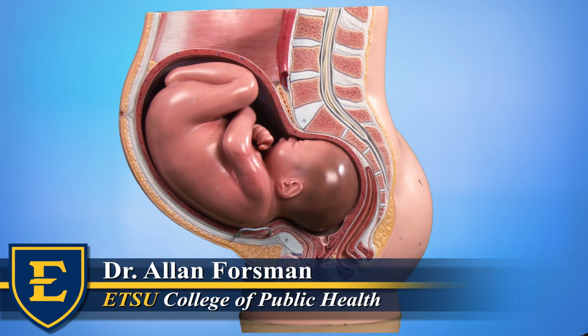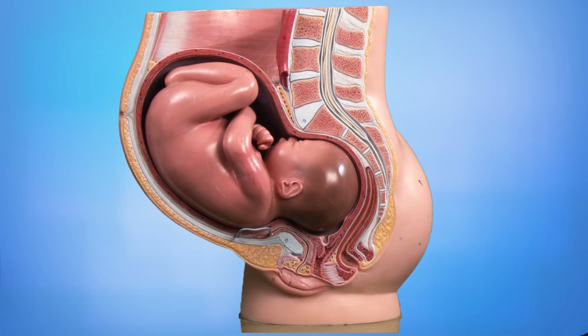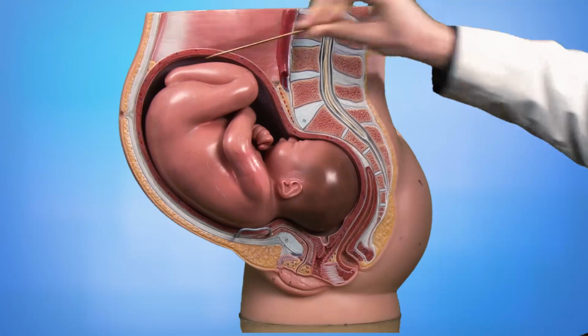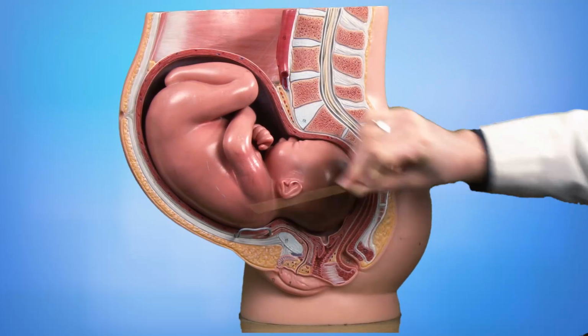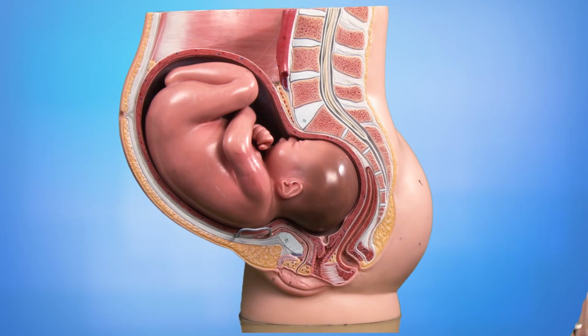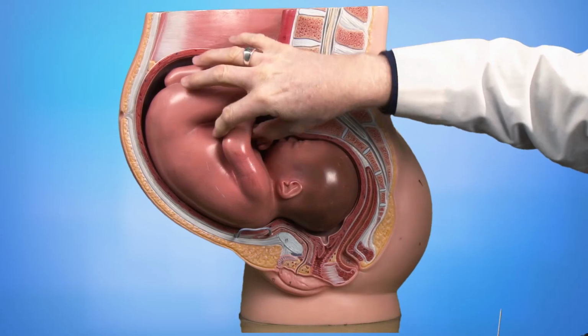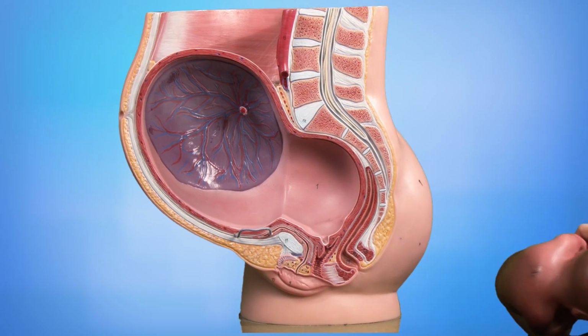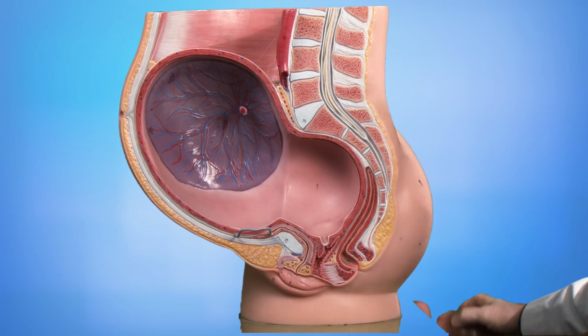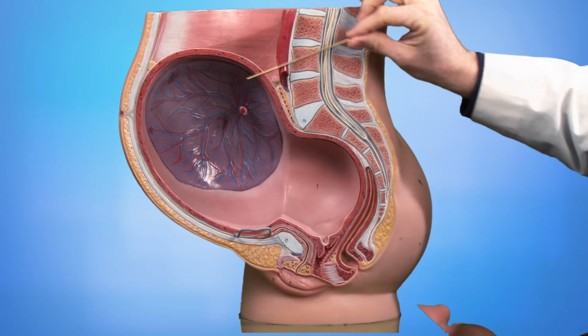Okay, in this video I want to talk about some of the modifications that happen in the female near 9 months' worth of pregnancy. So the way I want to start out in this model, I want to talk about the structures of the uterus. So we're looking here at the main uterus, of course holding the fetus, which is approximately a 9-month fetus. I'm going to remove the fetus from the model and we will see that now we can see the wall